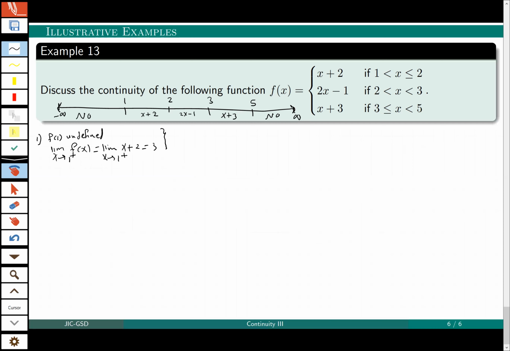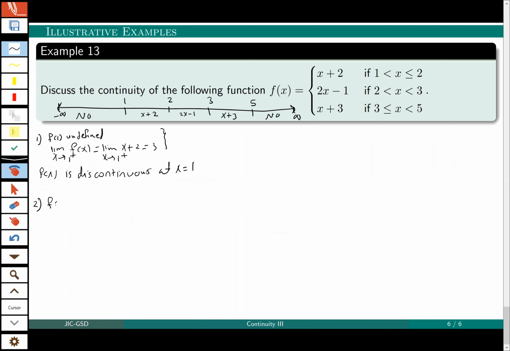So we will say here, f of x is discontinuous at x equal to 1 because f at 1 is not defined, so it will not be equal to the right limit. To discuss it at 2, we need to have